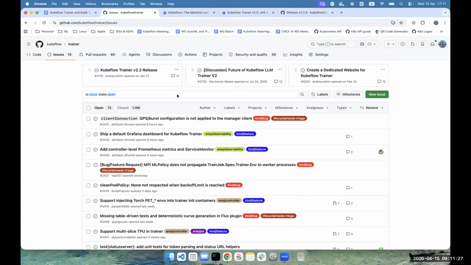I had one question. It's not specific to the 2.2 release, but I was experimenting with Kubeflow Trainer, and if there is any underlying pod failure, then the failure message and status conditions are not always propagated to the JobSet and the TrainJob. So is this by design, or are there any plans to have the conditions and status of the TrainJob updated? Yeah, what kind of failure do you not see being propagated? Like when your pod is failing? Yeah, so if there's a problem with the trainer image or something.